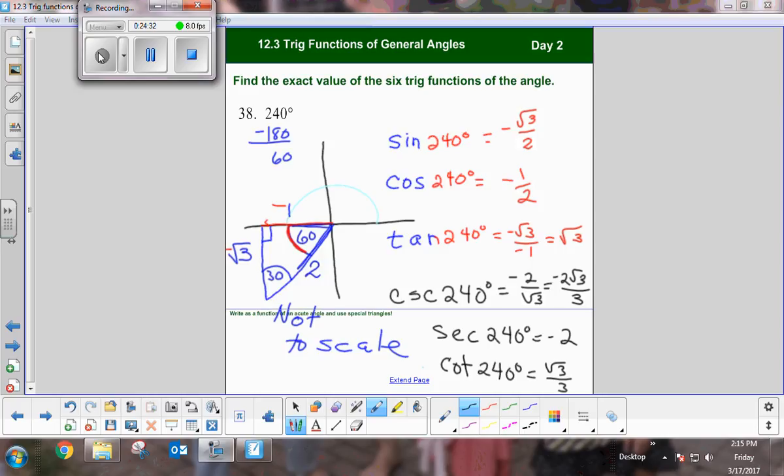Either it's going to be a special triangle or a quadrantal angle. Exact values, and you'll have to do that on a non-calculator part of a test, are always going to be about a special triangle, either the 45, 45, 90 or the 30, 60, 90 triangle,